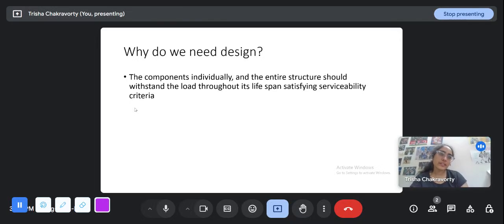Before we design a structure, we have to decide upon a lifespan like 50 years, 75 years, 100 years, because we have to take into account the deterioration of materials with age, fatigue, creep, all those properties. So we must know before we are designing. We must know the lifespan or decide upon it. We must identify the ultimate limit states, and we must know the serviceability limit states. Only then can we design, and then we have to design it in such a way that the components individually and the entire structure as a whole should withstand whatever we have specified.